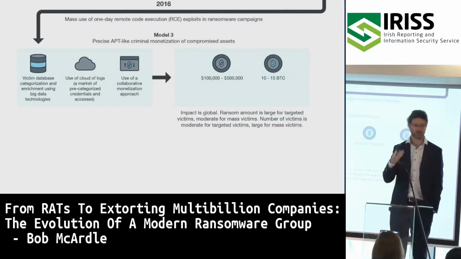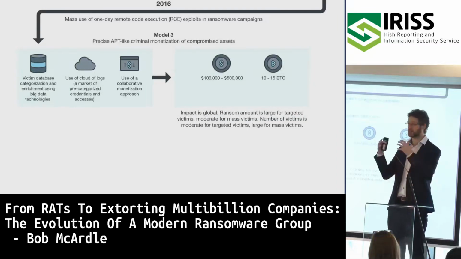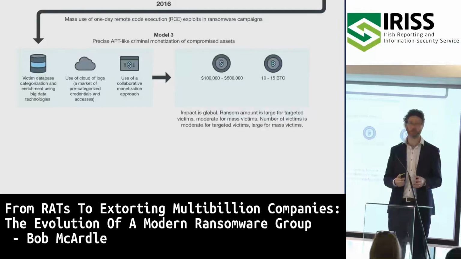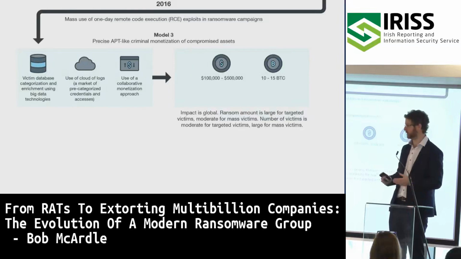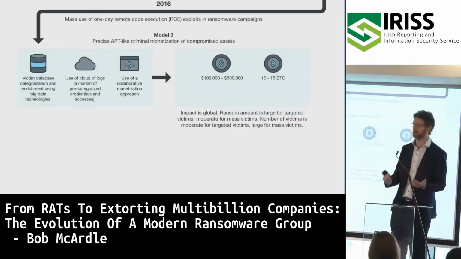So because these security solutions were getting better, the criminals needed a way to get around that. And the easiest way to do that was moving from a more mass ransomware approach to a heavily targeted approach where there would be actually humans on the network disabling security software, working their way around and so on. And obviously to make that whole model work, you have to charge more money for it or make more money out of every single victim.